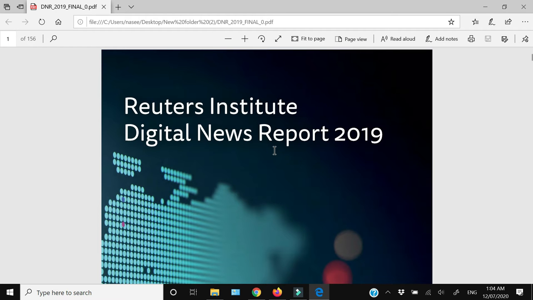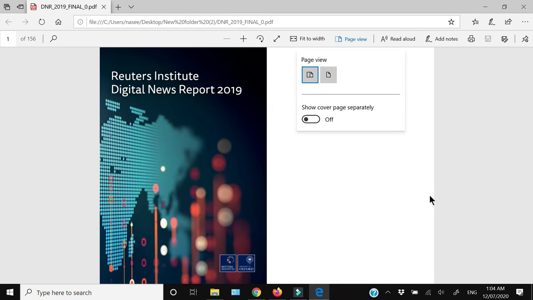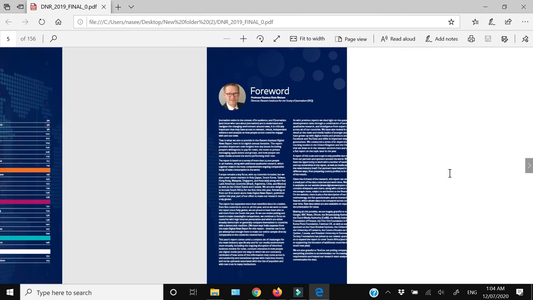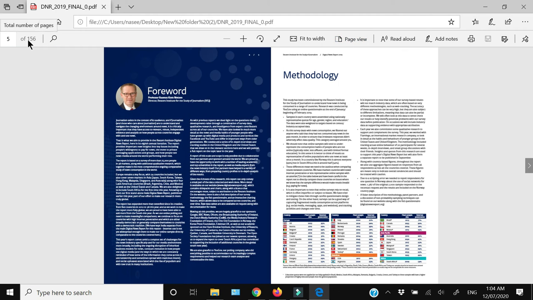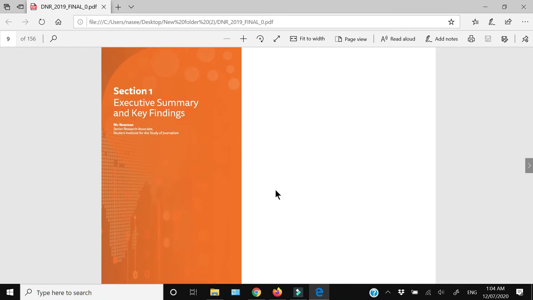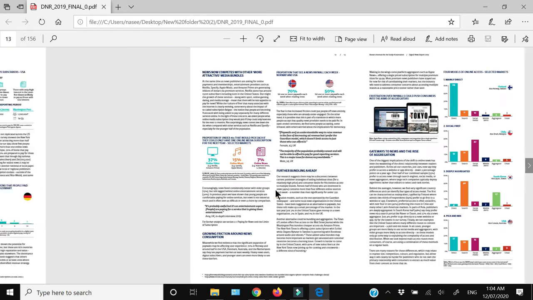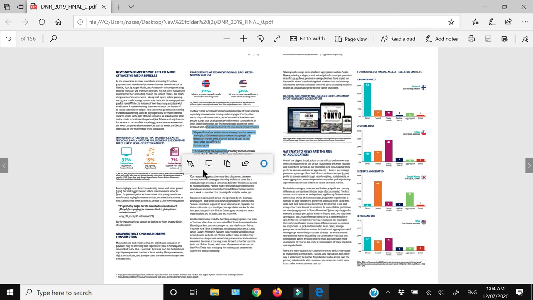We have a report in a PDF file which I've just downloaded from the internet for the sake of this tutorial. As you can see, it has overall 156 pages. It has a lot of images, graphs and text, but right now since it is in PDF form we cannot edit that, so we are just going to convert this into a Google document